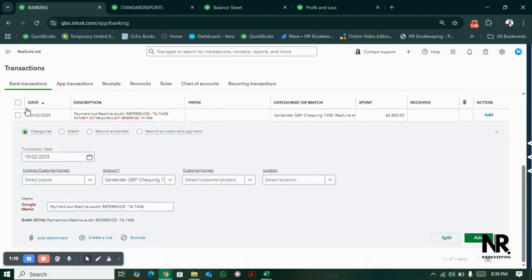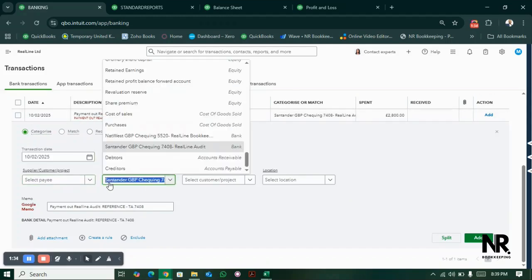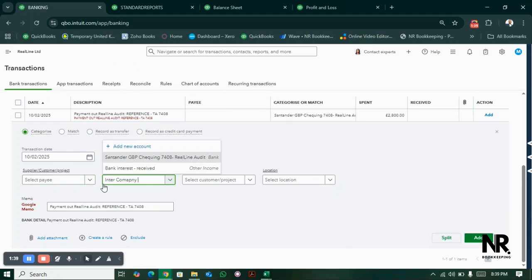As this is an intercompany transaction, from one company's point of view it will be an intercompany loan receivable, and the loan taker will be recording the transaction as an intercompany loan payable. So the account should be intercompany loan receivable. Just to make sure it is audit, just putting audit,